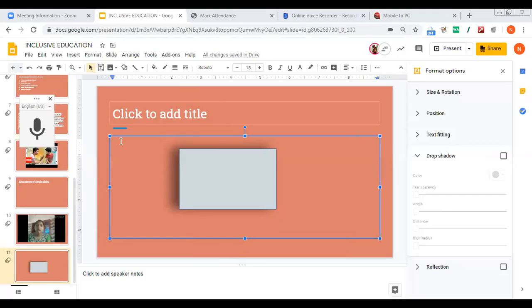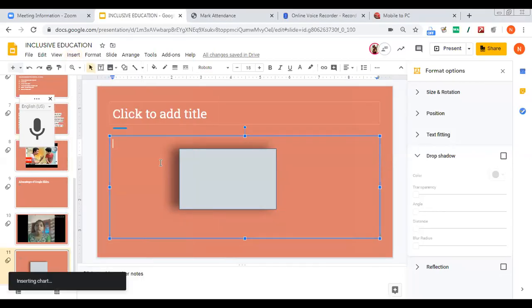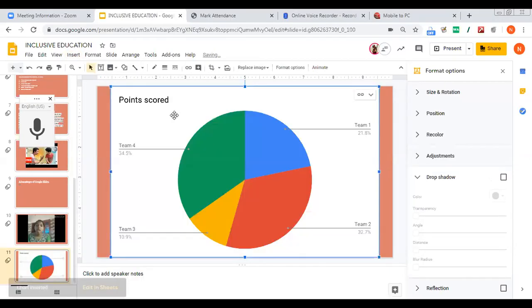I want to add a pie chart. But how can I change the percentage, sir? Okay, you please explore, ma'am. I do not know that. Please insert a chart. Yes, sir, I want a pie chart. You will have to give some values for that. You click on this and values would be given. I want to change that value, sir.